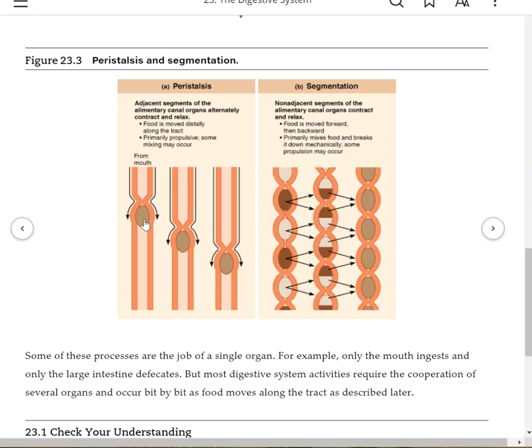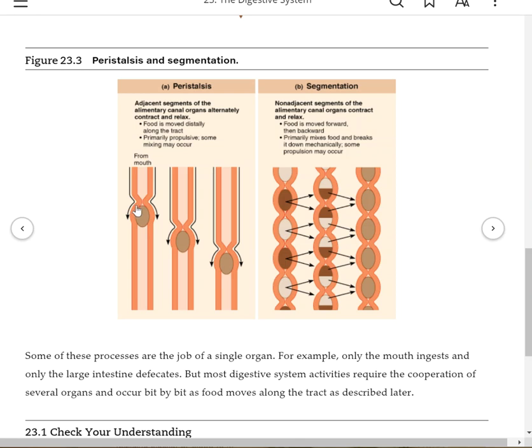So a bit of food that we chewed, we put into a little ball in the back of our mouth and we swallowed it. And now it's called a bolus of food, and it's going down our alimentary canal. So this could be somewhere like the esophagus, for example, or the small intestine. And as this food enters, it stretches out the canal, and what happens is